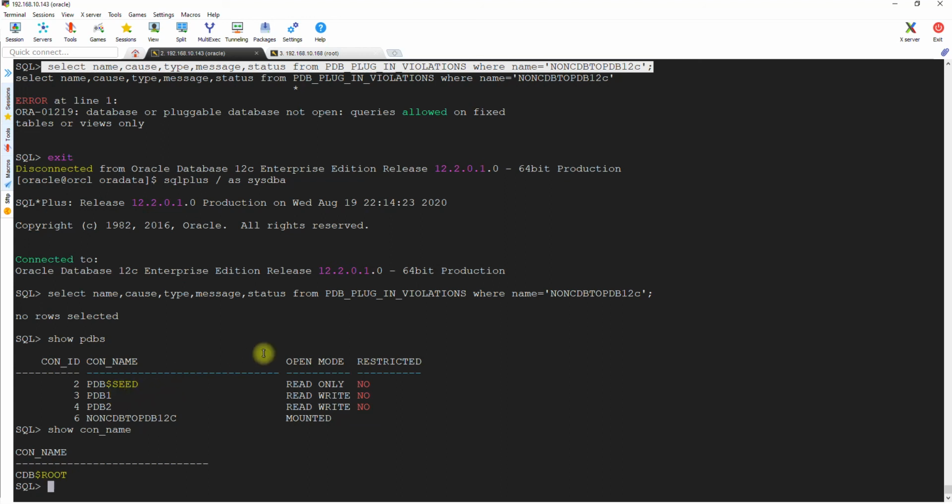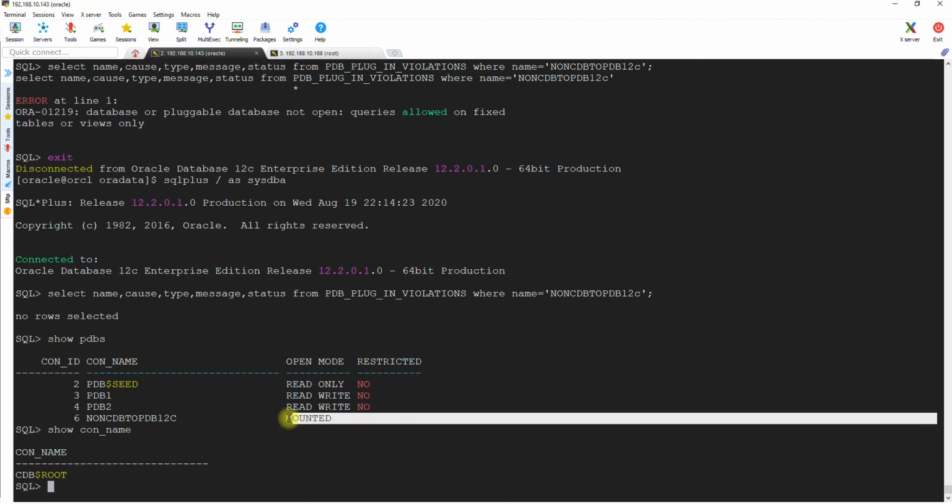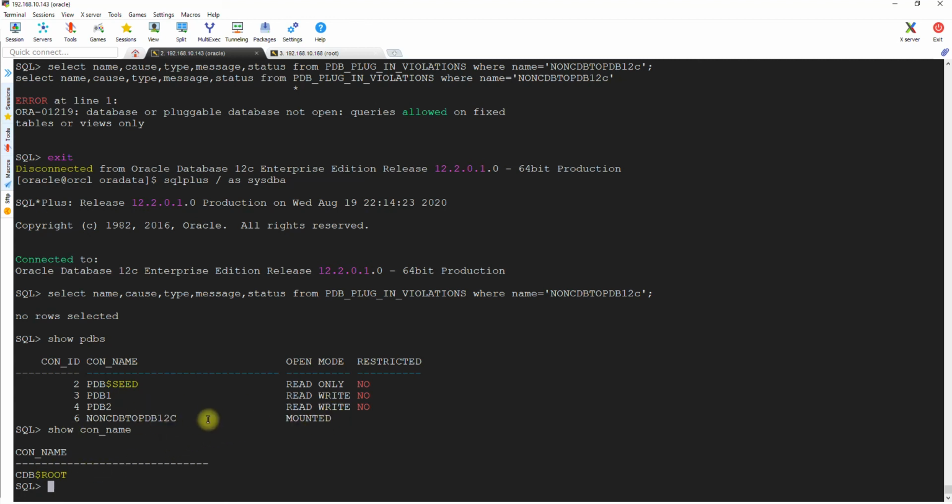Everything will come up. Okay, so let's open this database in read write. Mount means closed. Don't confuse this with the non-CDB environment. The pluggable databases are not associated with control files. The SP file, control file, archive log, and redo log all belong to the container, the CDB root.